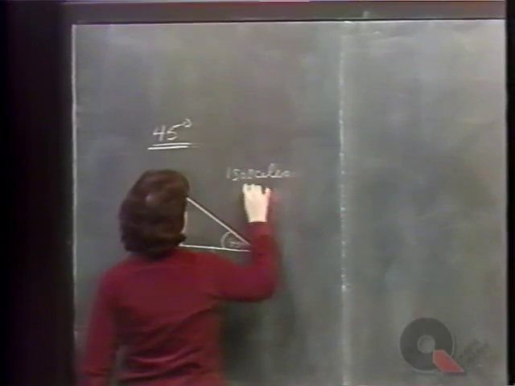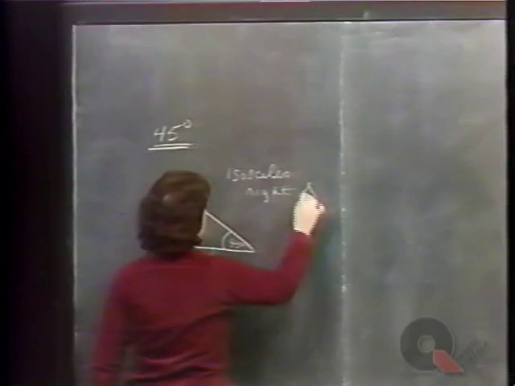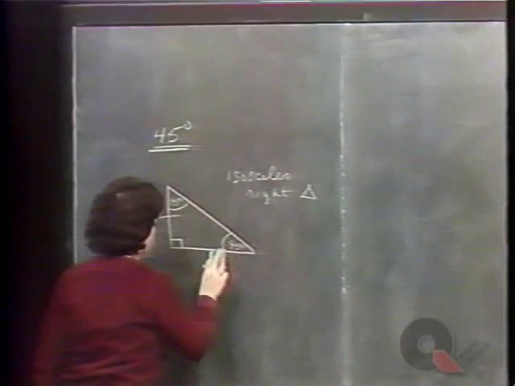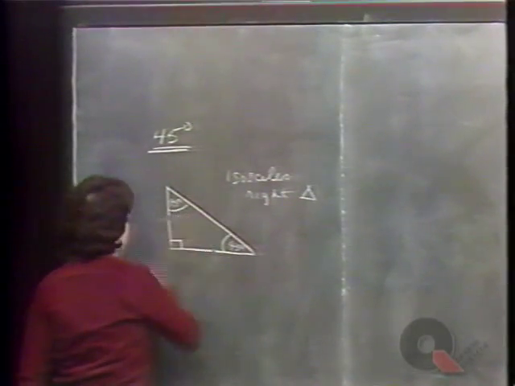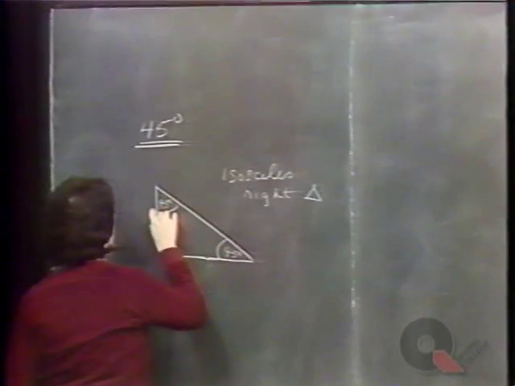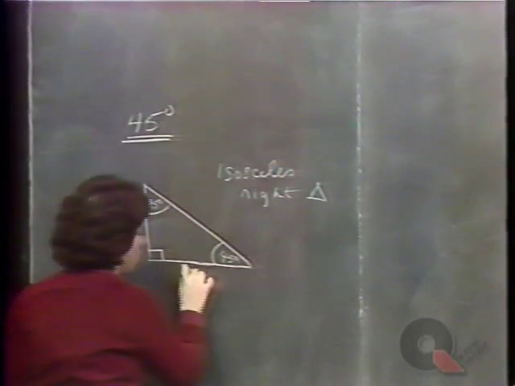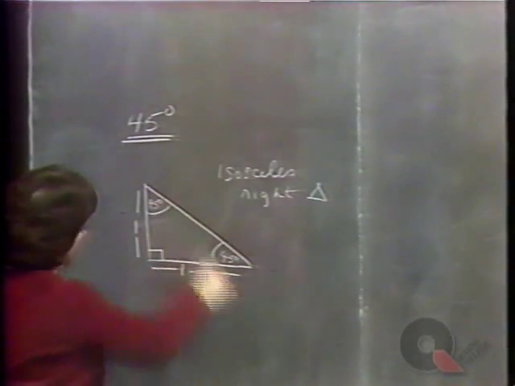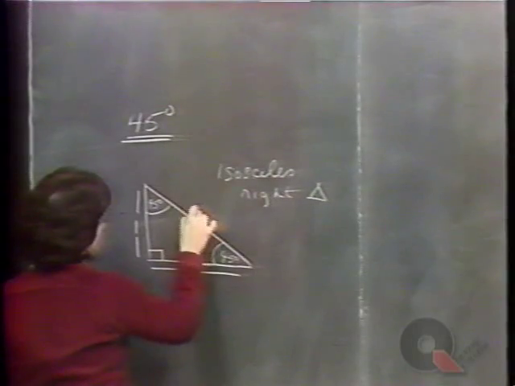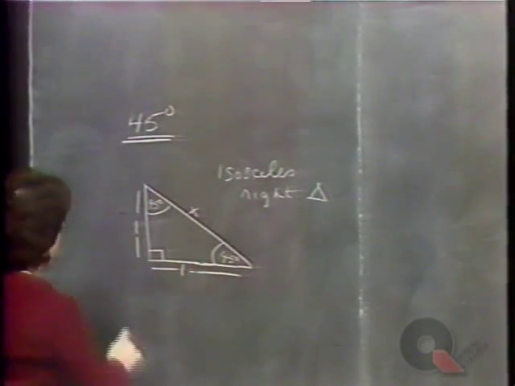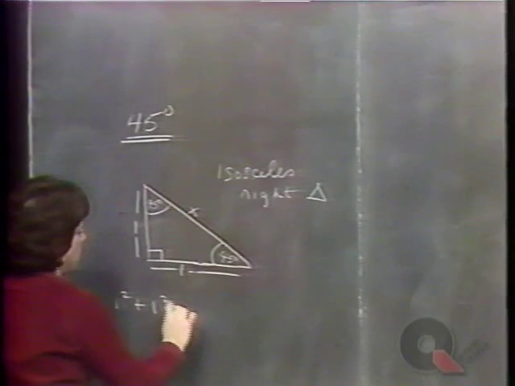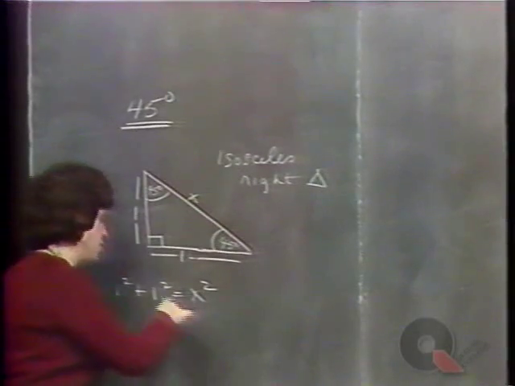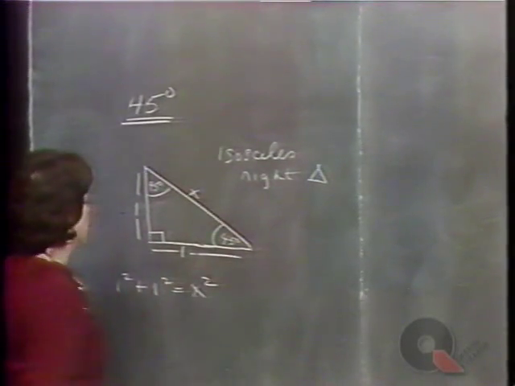Let's say that this isosceles right triangle had legs of length 1 foot or 1 unit, whatever you want to call it. This is 1 unit, and this has length 1 unit. Then you could figure out what the hypotenuse is. Let's call it temporarily x. Using the Pythagorean Theorem, 1 squared plus 1 squared must be equal to x squared. A squared plus b squared equals c squared: the square of the hypotenuse is equal to the sum of the squares of the two legs,